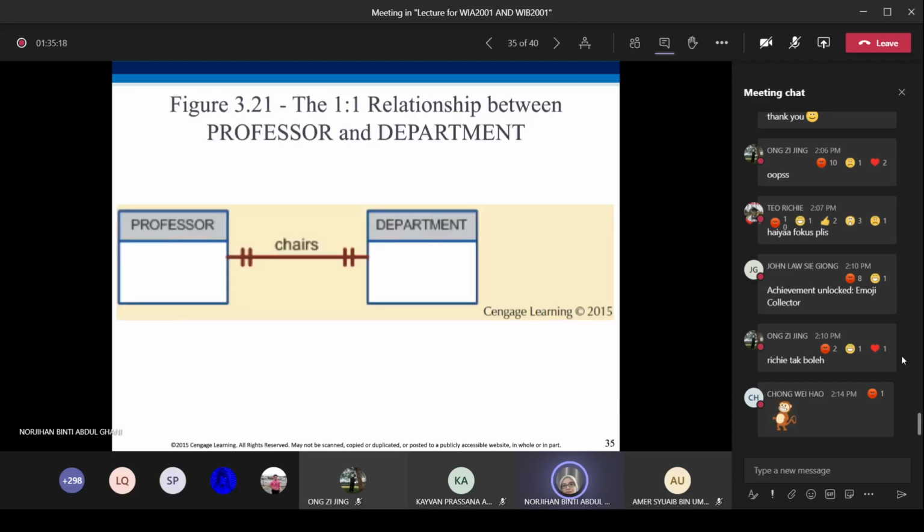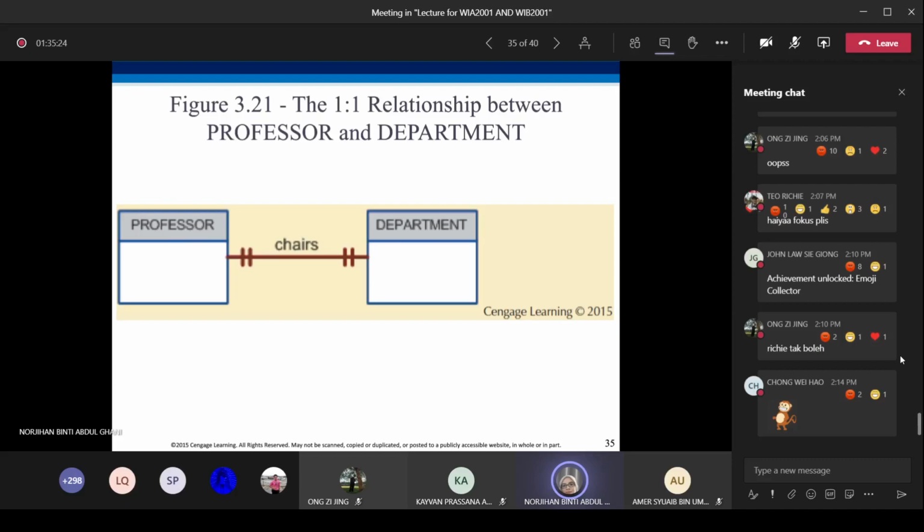Let me explain the differences between these types of relationships. This is an example of a one-to-one relationship between professors and departments. One professor chairs one and only one department.